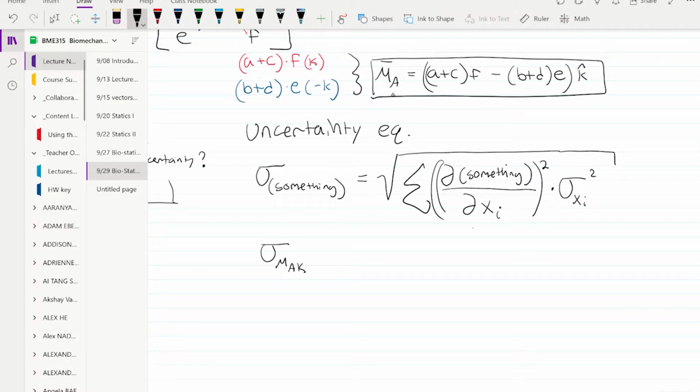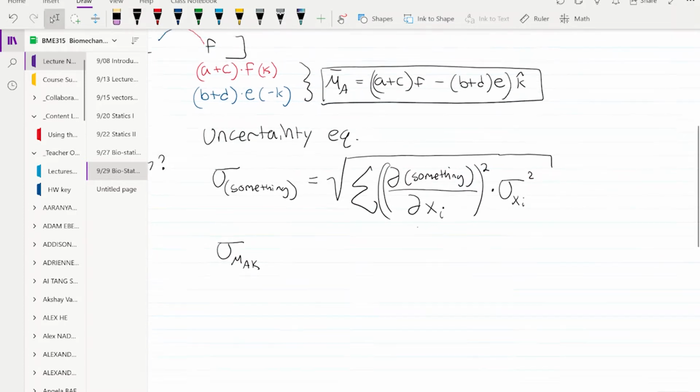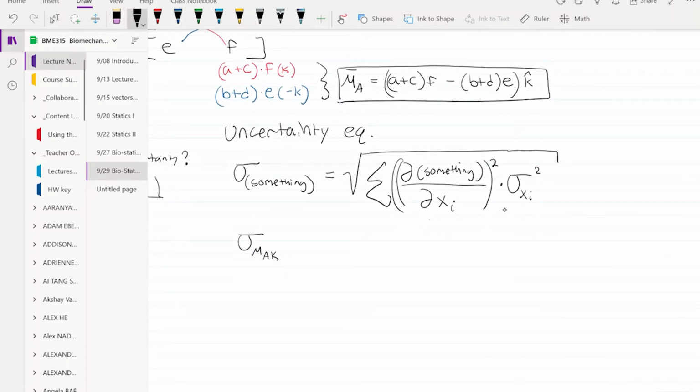If we were to try to take the uncertainty about MA here, we would need to plug all of that stuff into this summation, into this partial of all this equation, and then do the partials with respect to each one of the variables. Okay, so let's do that real quick. Oh wait, so this is the point. We need to find this uncertainty for each one of these variables. And how we do that,